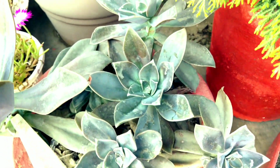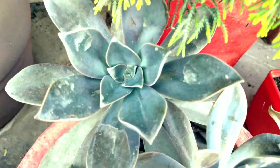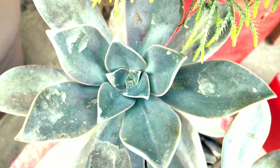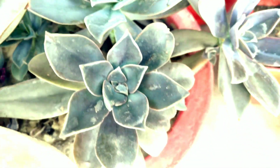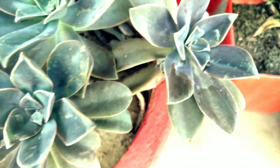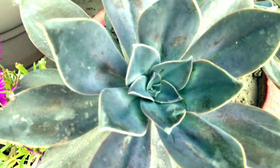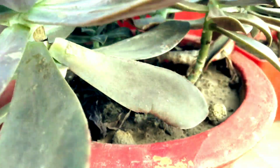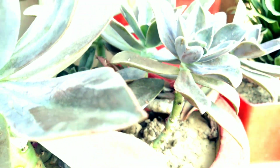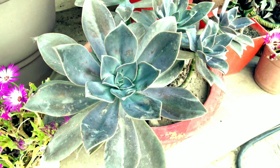You should just select a mature leaf from beneath the rosette. The mature leaves should be selected, and then you just twist the leaf and pull it out so that, number one, its tip is not damaged. Number two, the old leaf or mature leaf is to be taken, and number three,